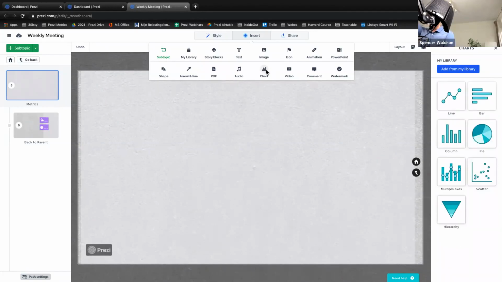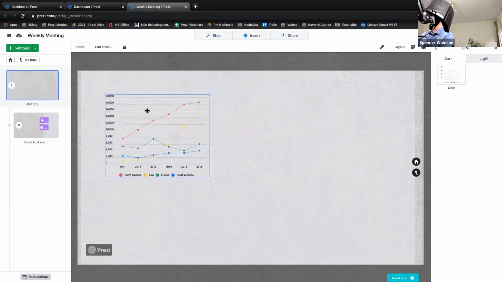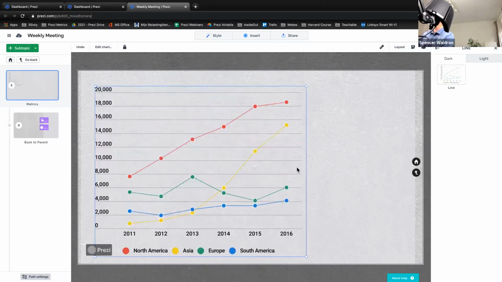Now, I'm not going to go into this too much, because again, we could do a whole webinar just on this, but I'm going to choose just a basic line chart. You have two options, dark and light, and this means, do you want the text or the font to be dark or light? So because we have the white background, I'm going to go ahead and select dark, and this will automatically open up my chart. So this could be the same as if you've just inserted something from somewhere else. If you have an existing chart,